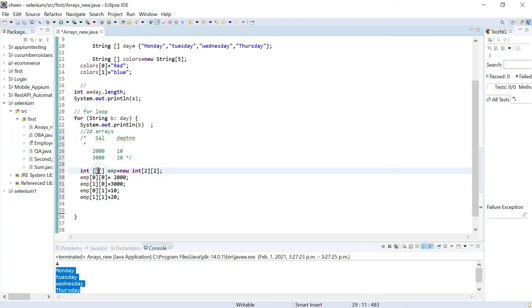In this, the first square bracket represents row and the second square bracket represents the column. And this is the size you declare. That means you are saying there will be 2 rows and 2 columns. If you want to display values from the array, you can simply write